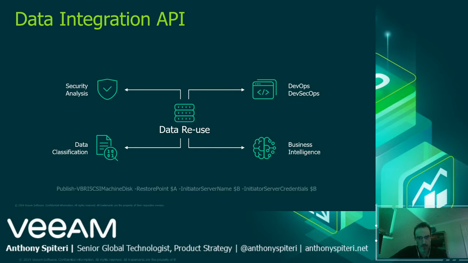One of the actual features that we released in V10 is a data integration API. Again, data being central here, this is the biggest key. What this does is it taps into our internal API set, you drive it through PowerShell, and it exposes backups and mounts backup folders and volumes directly to a Windows box, so you can do stuff with them. When I say stuff, I mean you can analyze the data, classify the data, test for ransomware, and do business intelligence on that particular data set, all mounted directly from the backup itself.